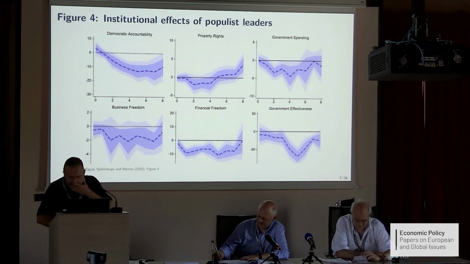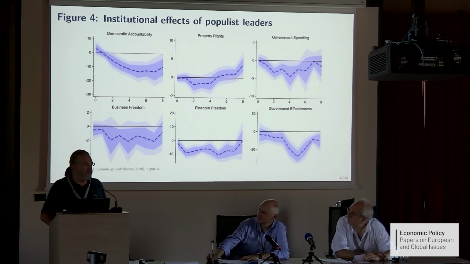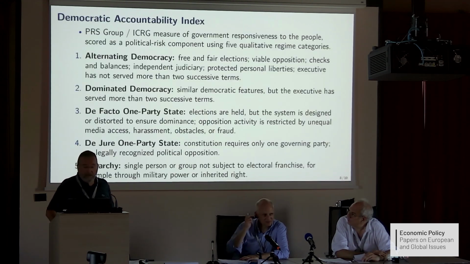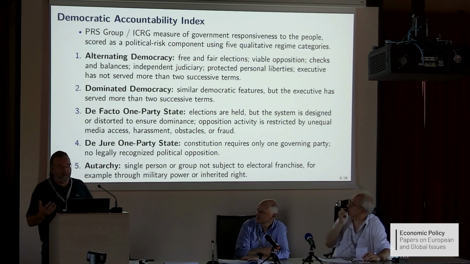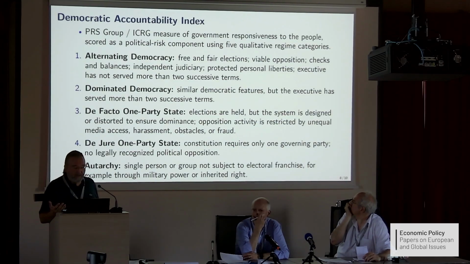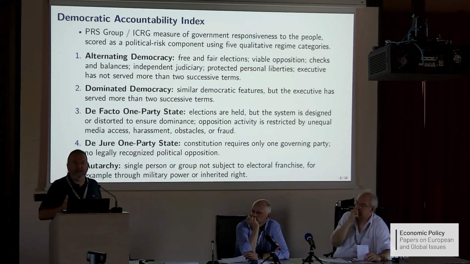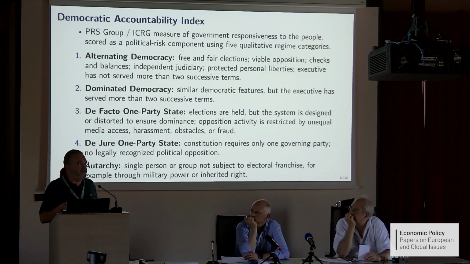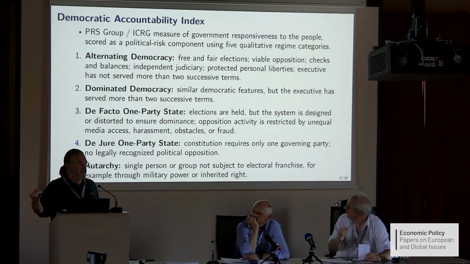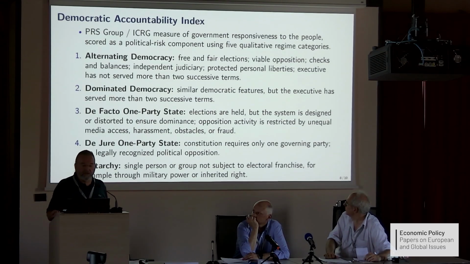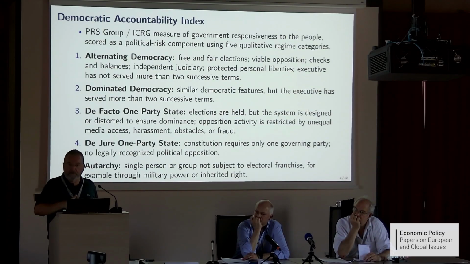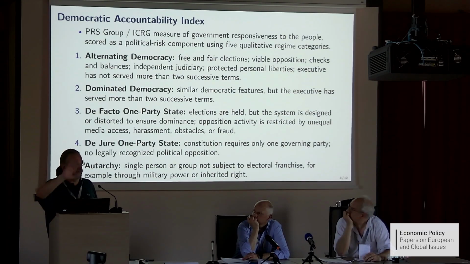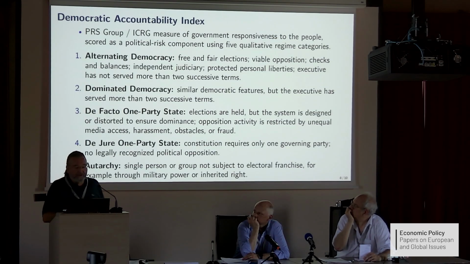And then I went to this index of democratic accountability and I tried to say, what is it telling me? You see? And you go to this index, and this index means what they are asking a political scientist again, or somebody that assesses political risk, is to put countries in one of 5 bins. There are 5 bins. The first bin is alternating democracy. This is everything is wonderful, and on top of that, we have seen alternation in power. That's the best.